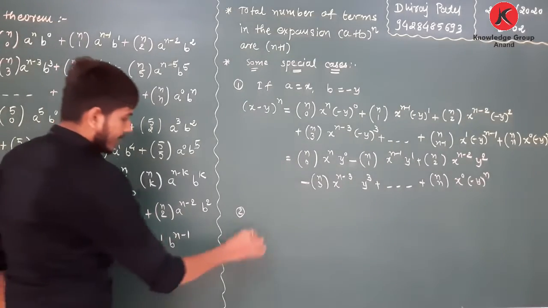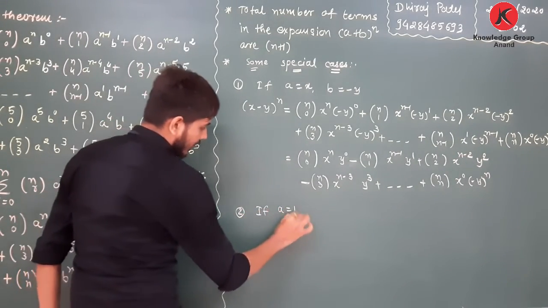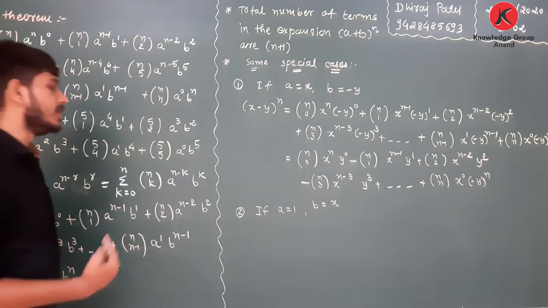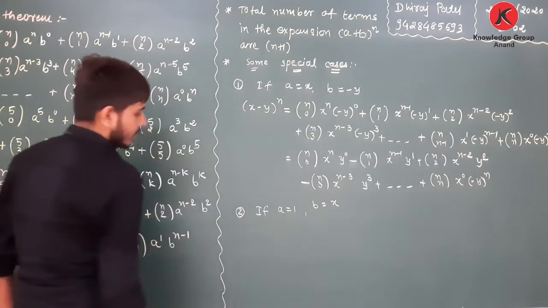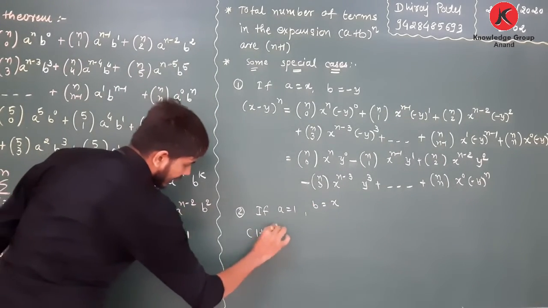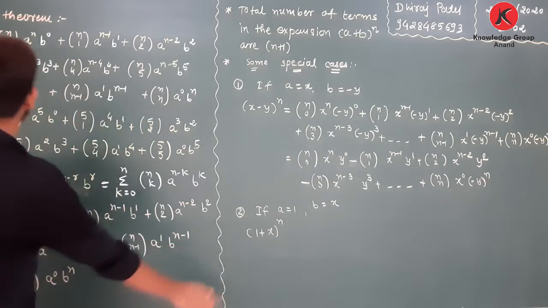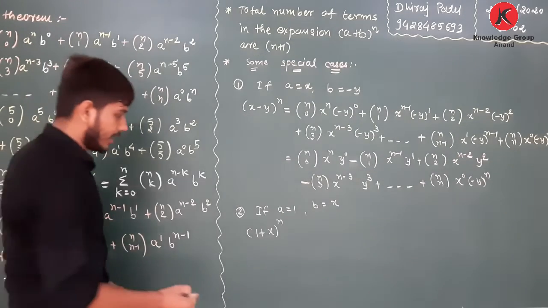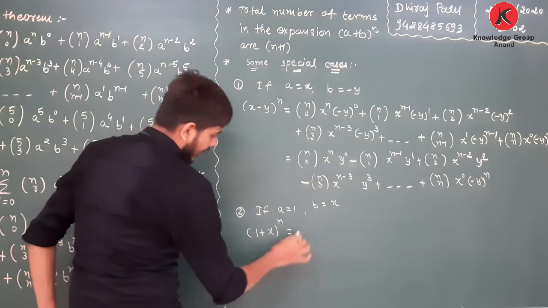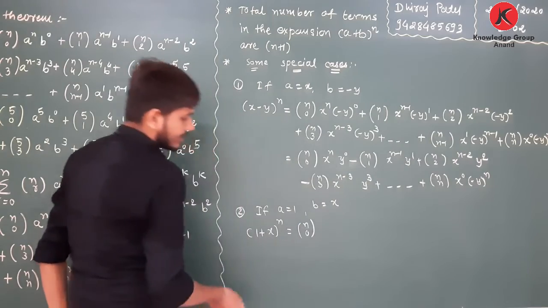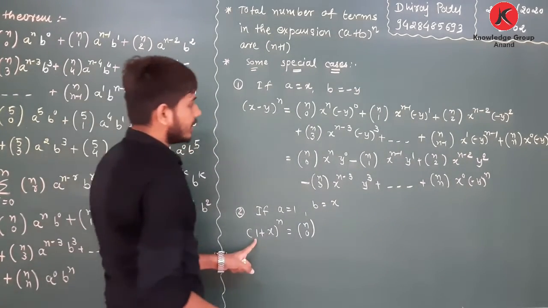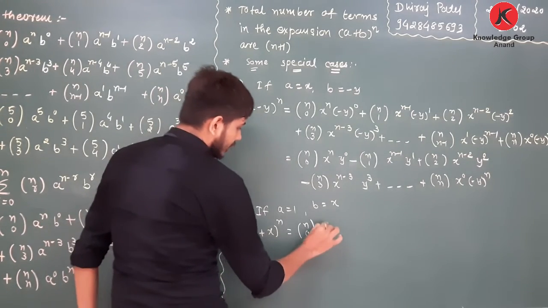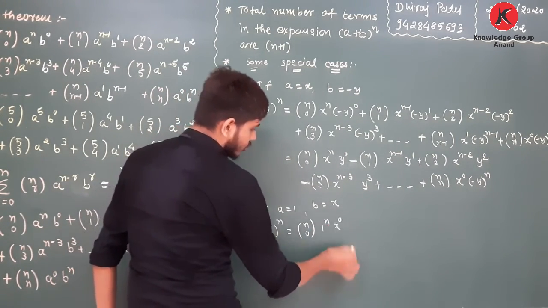તો સેકન્ડ કેસ: if a equals to 1 and b equals to x, then 1 plus x raised to n will be calculated as, start with nC0. So nC0 1 એટલે a raised to n, 1 raised to n, and x raised to 0 plus